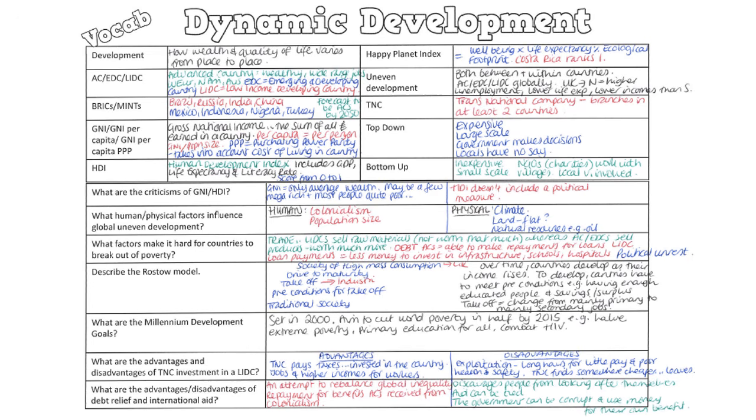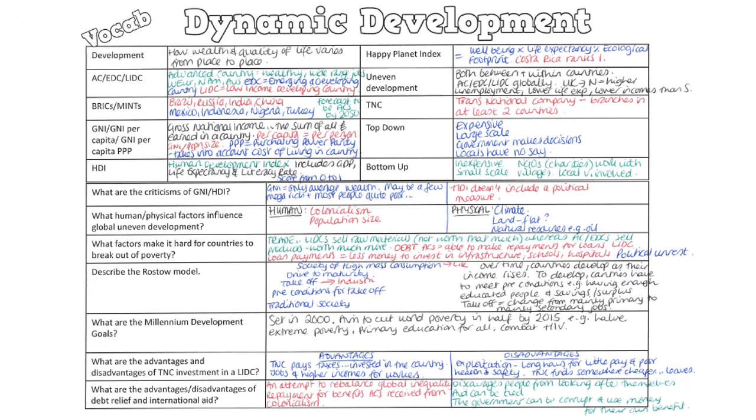Then we've got the Rostow Model. So the Rostow Model goes through 5 stages as countries develop. So you start out with a traditional society, which is where people are subsistence farmers, just growing crops to feed their own family. As the country slowly starts to develop, they eventually meet the preconditions for takeoff. This basically means they have enough educated people and enough savings or surplus money to be able to reinvest into their country, into improving their industries, their infrastructure, their schools, their hospitals.